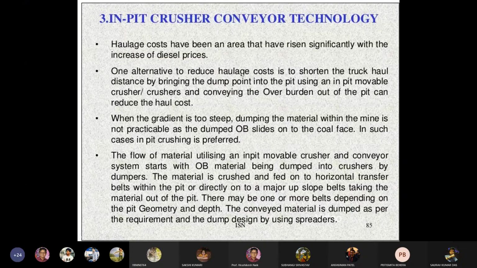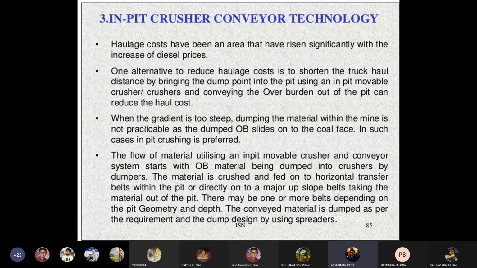One alternative to reduce haulage cost is to shorten the haul distance into the pit using an in-pit movable crusher or crushers, and conveying the overburden out of the pit can reduce the hauling cost.